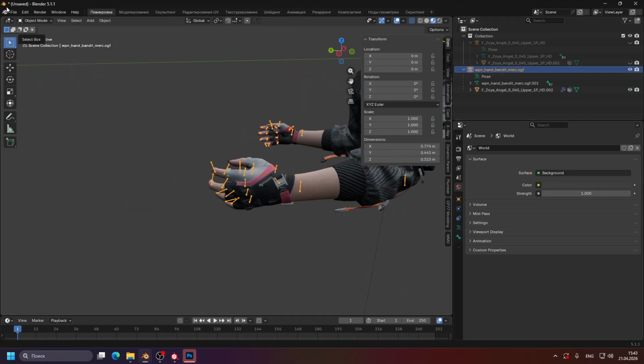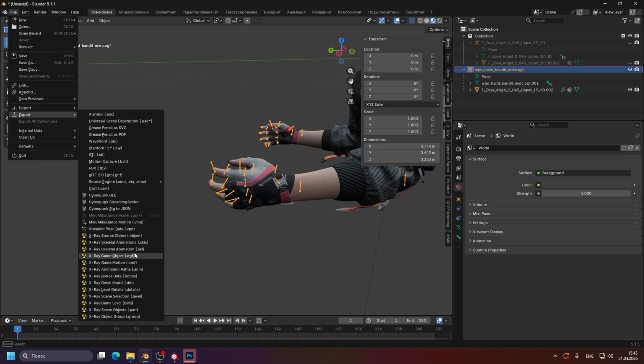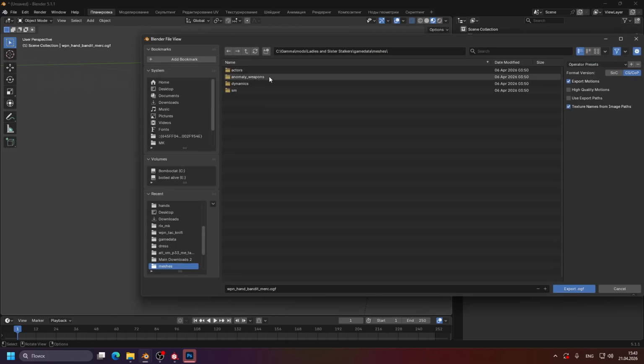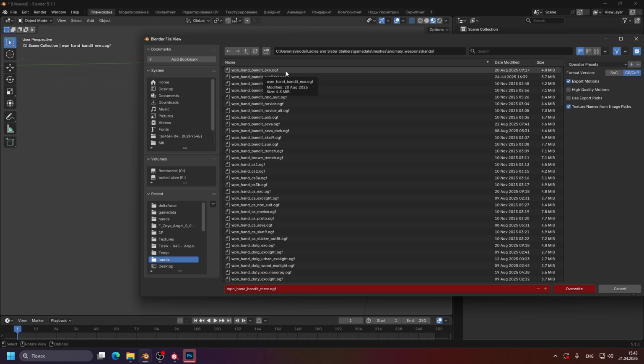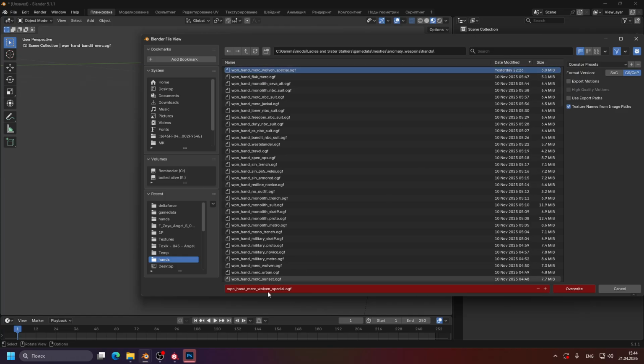There you go. Now, you export it, OGF, anomaly weapons, hands, and remove the export meshes and set the format version from SOC to TS couple, which is Clear Sky and Call of Pripyat. Shadow of Chernobyl doesn't really work for this. So now you change it to any name. I'll just do it like this, and then probably set it as